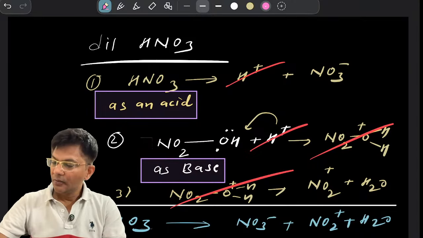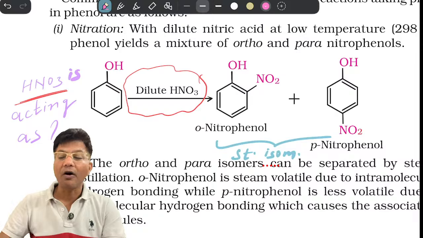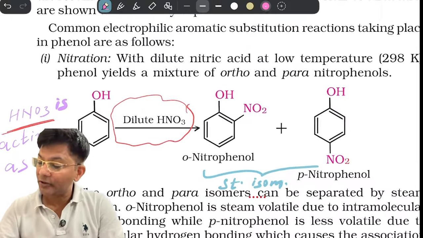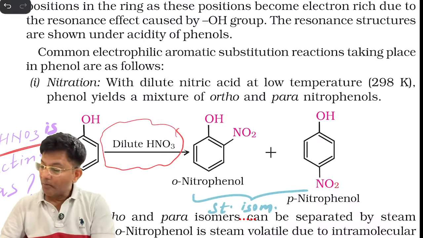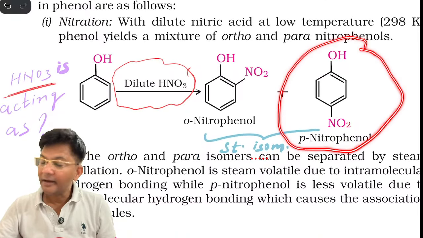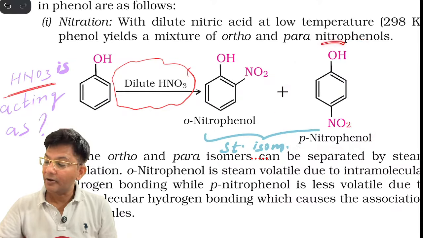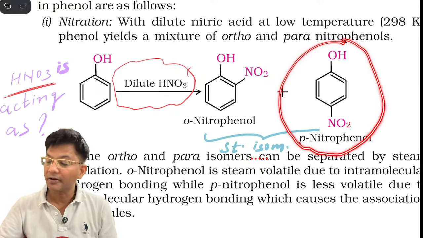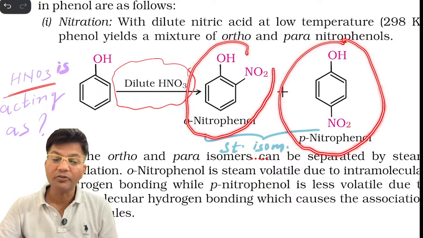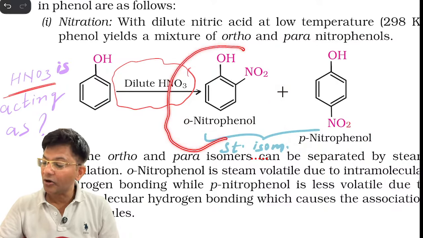Now, when I go to the NCERT, remember that para-nitrophenol will form intermolecular hydrogen bonding, and due to intermolecular hydrogen bonding, molecules will come nearer and closer, and it is a high melting solid. Remember that this question they will ask. Para-nitrophenol is a high melting solid, whereas ortho-nitrophenol is a volatile liquid, steam volatile, because it is not going to form a